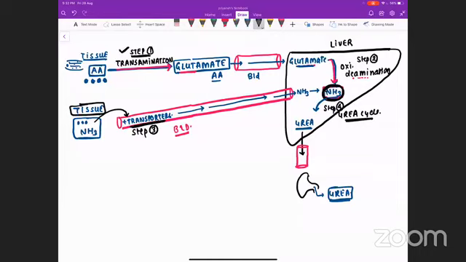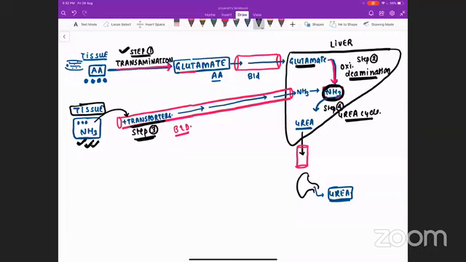First, we need to convert all the amino acids into glutamate. The reason we are converting into glutamate is because glutamate easily donates the ammonia, and that process is called oxidative deamination. The third thing that we need to do is there are some free ammonia molecules which are generated, and we need to transport that. For that, we have special transporters.